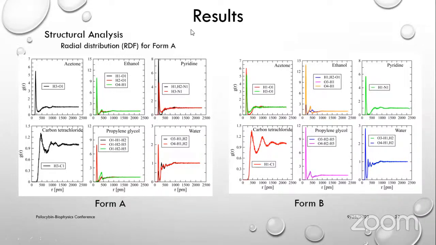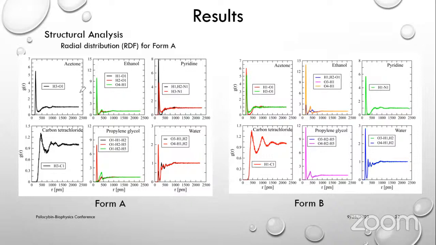Sorry, yeah, here it has to be from A and from B. So we also presented the radial distribution function in some of the selected solvents, and from these findings it can be seen that the radial distribution function in form B is quite large compared to the radial distribution function from A. We use the same solvents, like acetone, but